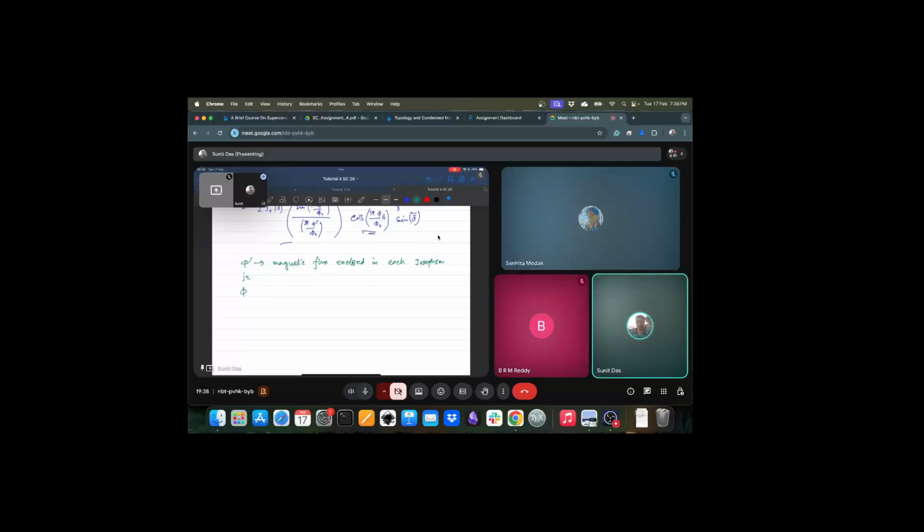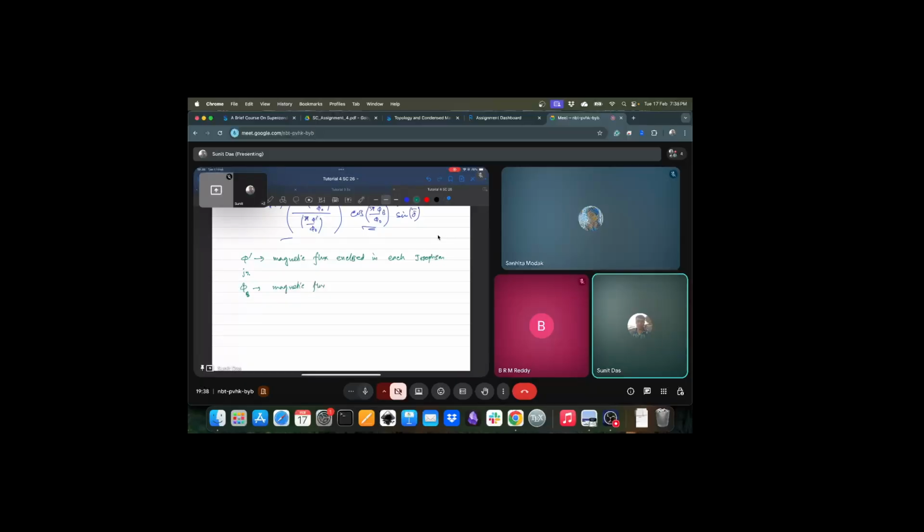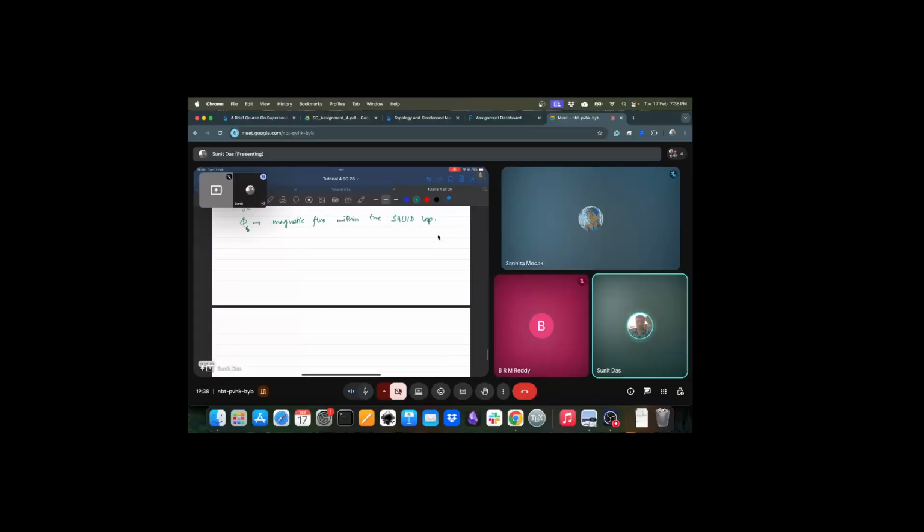Okay, and then we have phi B within the SQUID loop. So let me redraw the figure, then it will be clear. Okay, so suppose I have,